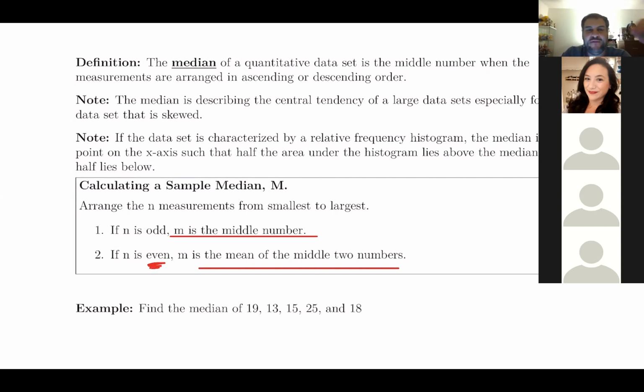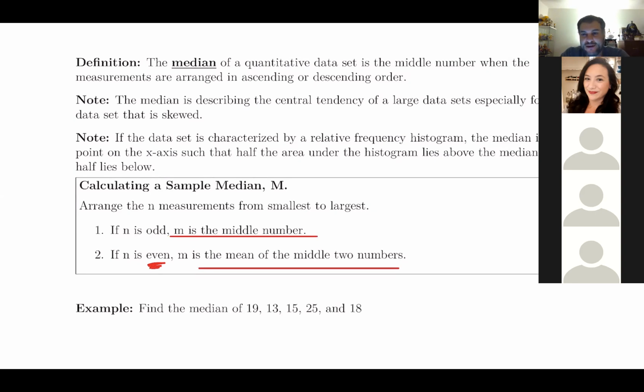So if we have an odd amount of data, there's only going to be one number in the middle. If there's an even amount of data, there are going to be 2 numbers in the middle. So that's how we're going to find the median. Arrange the data set from lowest to highest, and then you find the number in the middle. And also the median, you usually use this if your data set is skewed to the left or to the right. Usually the mean, we use that for a symmetrical data set. But if our data set is skewed to the left or to the right, you usually use the median.